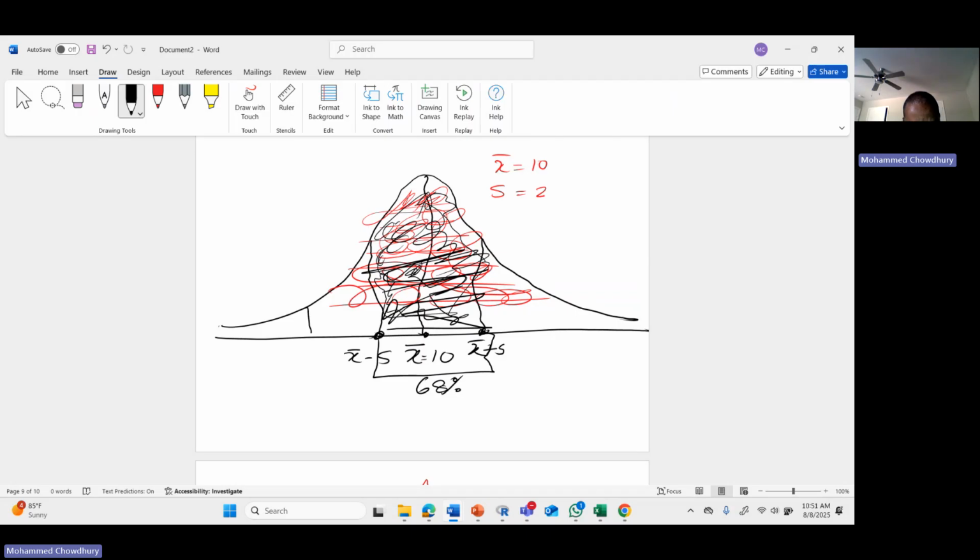Now if you come to the second one, x bar minus 2s and x bar plus 2s, in such a case 95% of the data fall. And within three standard deviations, x bar minus 3s to x bar plus 3s,